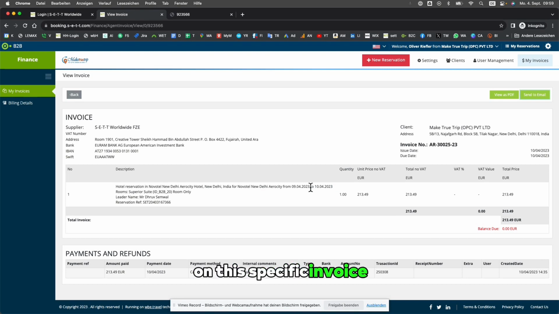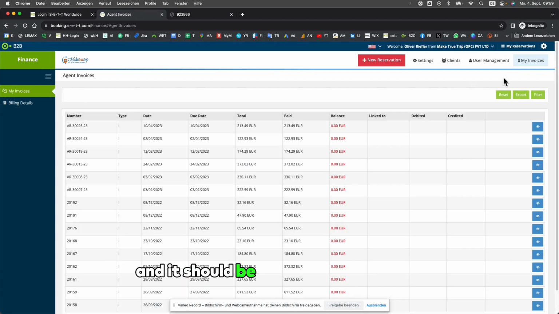On the specific invoice, you will of course have the same information that you had on the overlook page. You will have your total amount, your invoice number. As you can see down below, you will have your amount paid, when it was paid, how it was paid, and of course the transaction ID linked. So you have a complete overlook of all your bookings, and it should be very straightforward in regards to managing